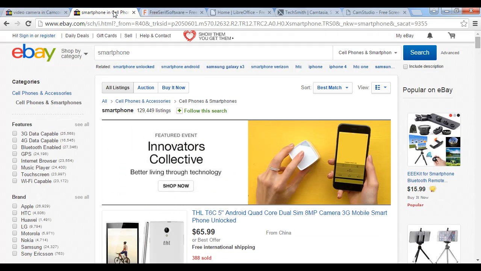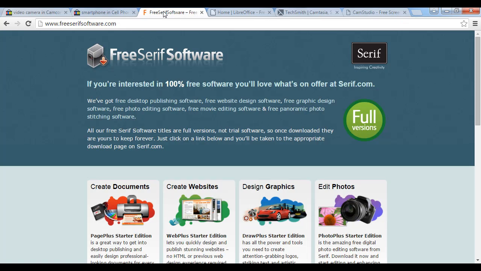You can also use a cell phone if you've got one that does video, but again, you want to make sure that you can plug in an external microphone. And eBay is a very good place to look for both of these items. You're going to need some software to create your video. In particular, you're going to need some software to edit it. And a good site to look for this on is